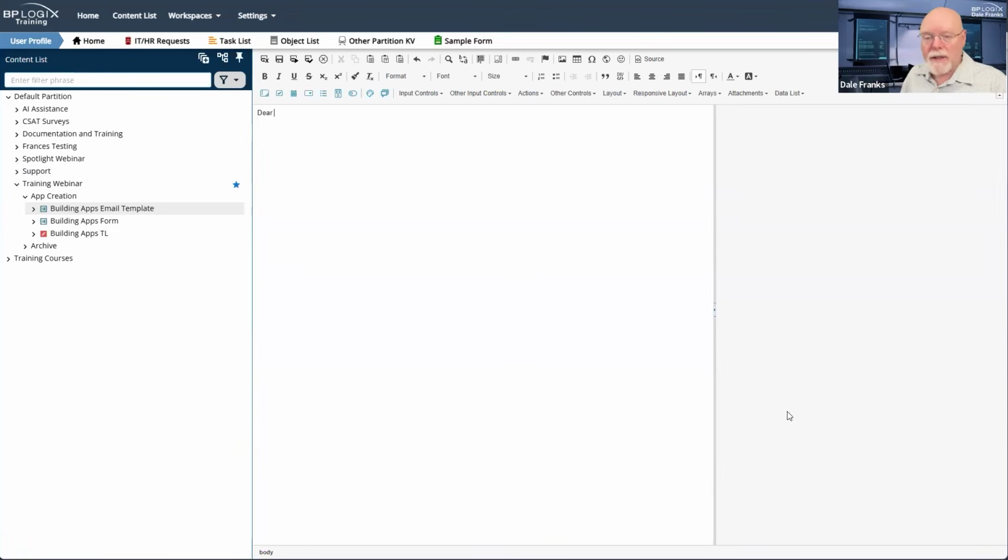Now, the upside of the email template is that it is based on a form definition. And so what that means is we do have access to all of the conditions, and it knows what is happening in Process Director and what our running activity is and what the result of the previous activity was and all of that good stuff. It knows.